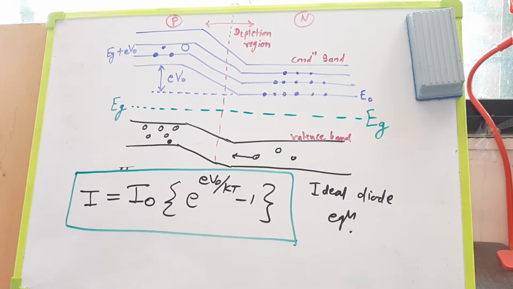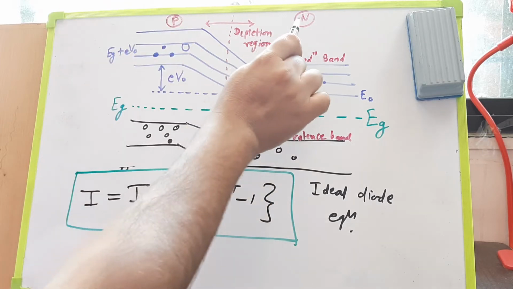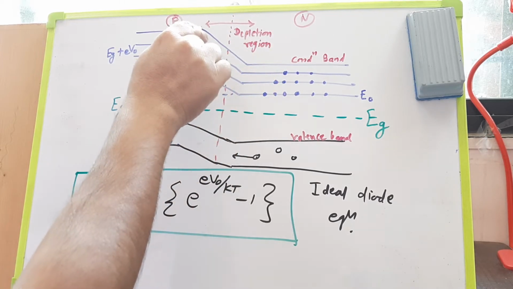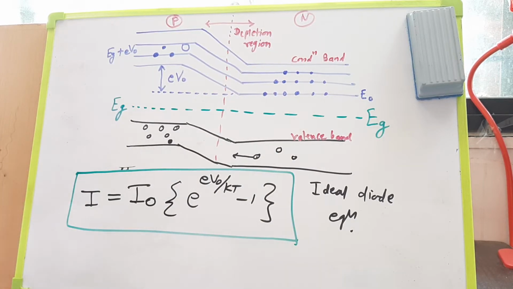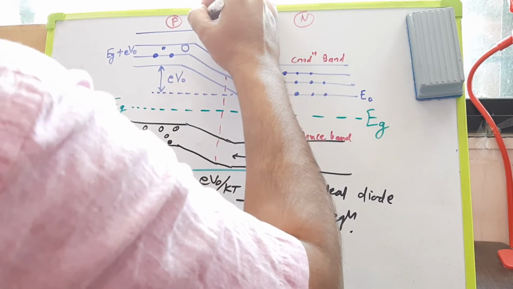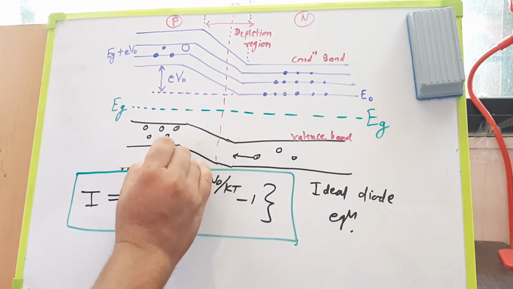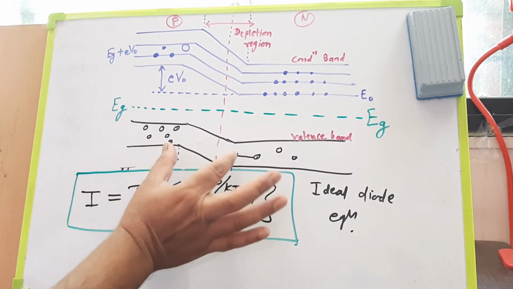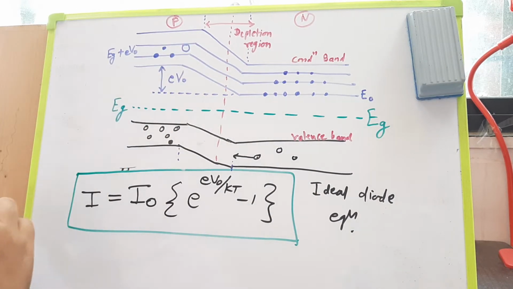So the energy band diagram of a p-n junction at equilibrium is this, where this part is p, this part is n, this is the junction, and this part is the depletion layer. From here again, probably I can show this in a slightly different way, that this is the depletion layer, from here to here. So this part is the depletion layer, this is the p side of the junction, this is the n side of the junction. This is shown as Eg.